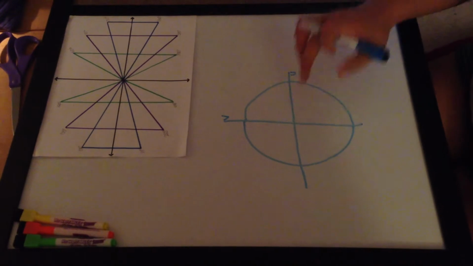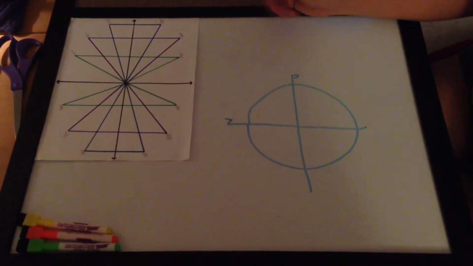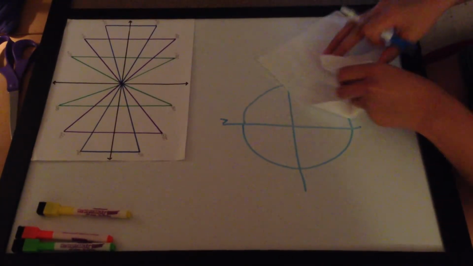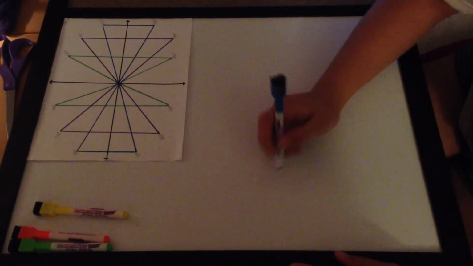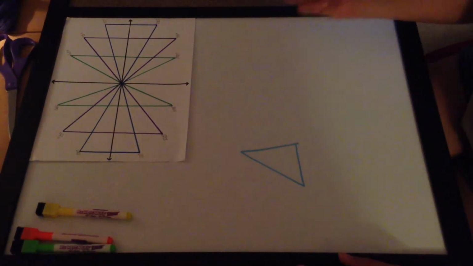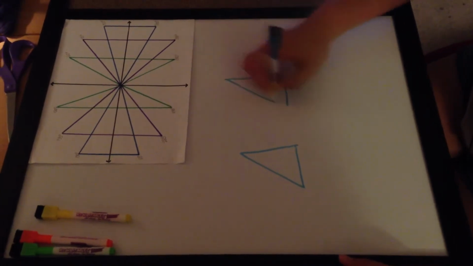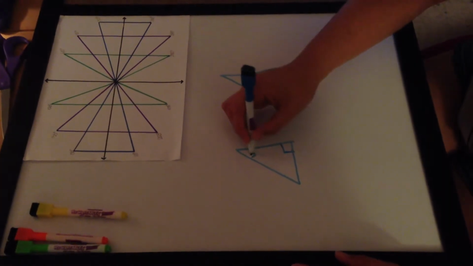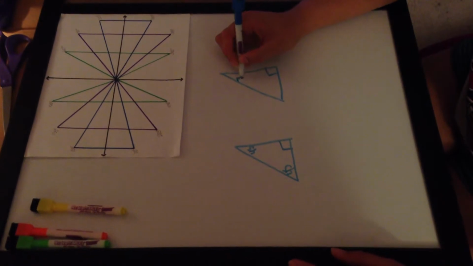On the unit circle, it's made up of a bunch of different right triangles. Now, the right triangles that are most important are 45, 45, 90 and 30, 60, 90. Okay, well, my drawing is not that specific, but